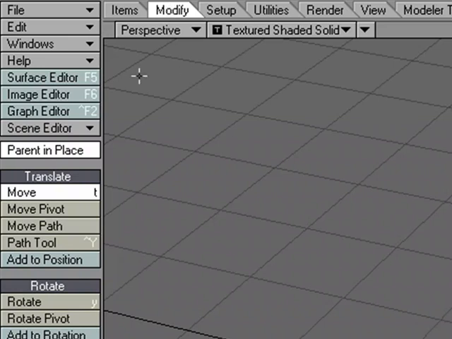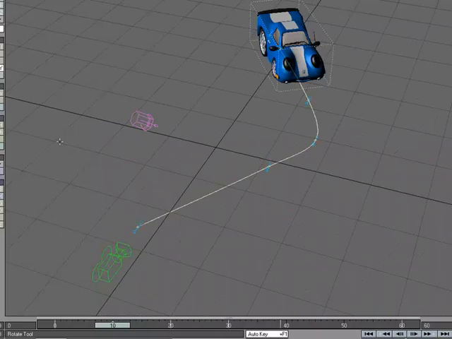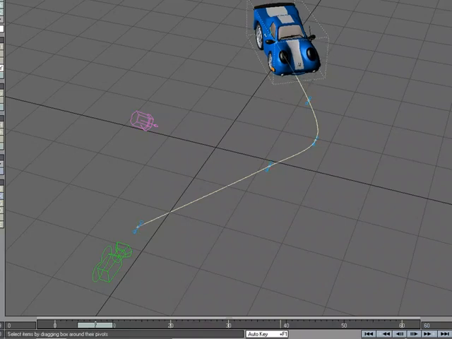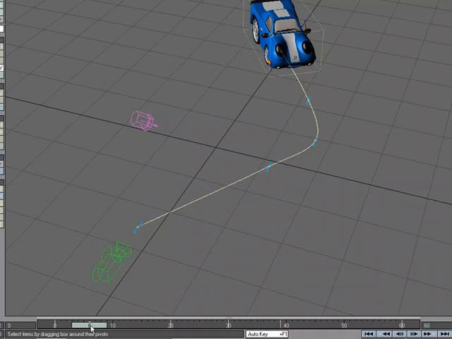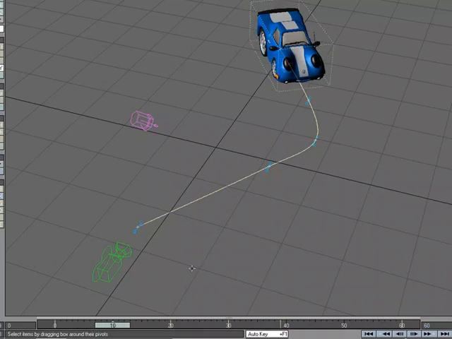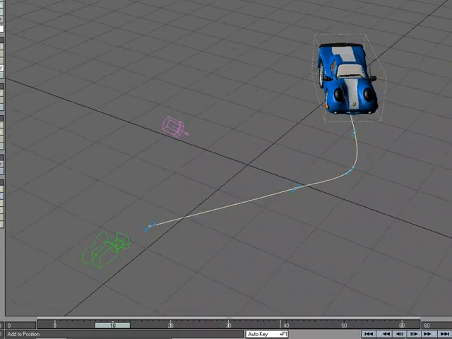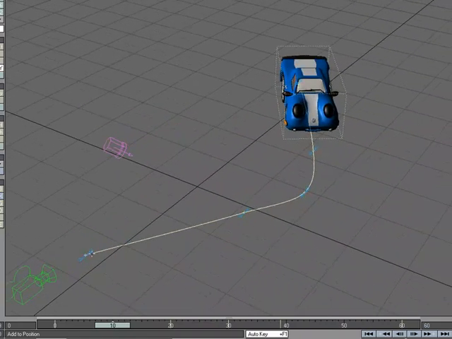Now if I come over to Modify, Path tool, it doesn't matter where my frame slider is. Let's just look down here in the frame slider. I'm going to put it on 10. We can see that there's no keyframe on 10, and we're not going to create new keyframes with the Path tool, even with Auto Key on. That's not what it's intended to do. If we take a look here, we get handles for each keyframe on the motion path, and without having to go to that frame, I can go and tweak